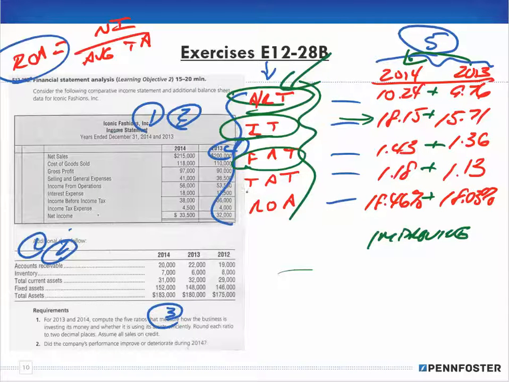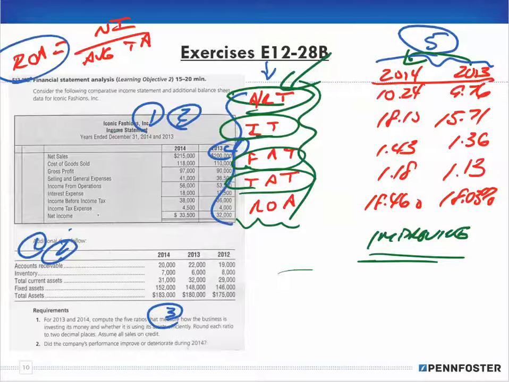Same with fixed asset turnover and total asset turnover, right? And then, of course, I have my return on assets. What am I earning as compared to my assets that I'm keeping in stock. So all of these numbers have increased, so the company is improving. Now, this is very simplistic in that they're all pluses, okay, and they've all increased, all right,